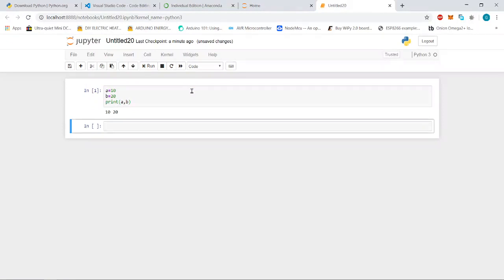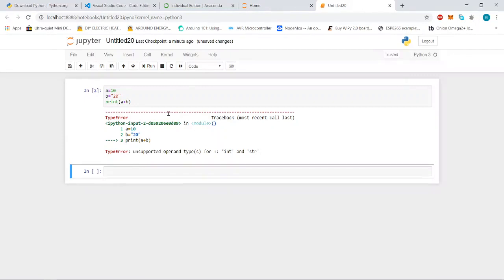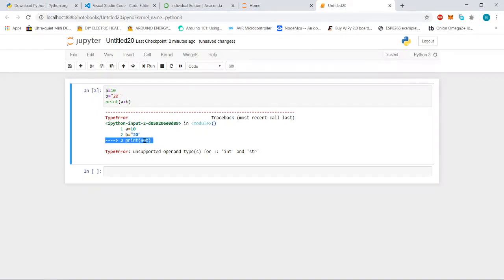Okay, so here what happened, we didn't have any idea whether everything is working properly or not. Let's say here we are writing something, and here we are putting some other thing. So this IDE will give us an idea in which line there is an error. It is showing that there is an error in line number 3, and what is the type of error? Unsupported operand, meaning we cannot perform the addition of a and b.